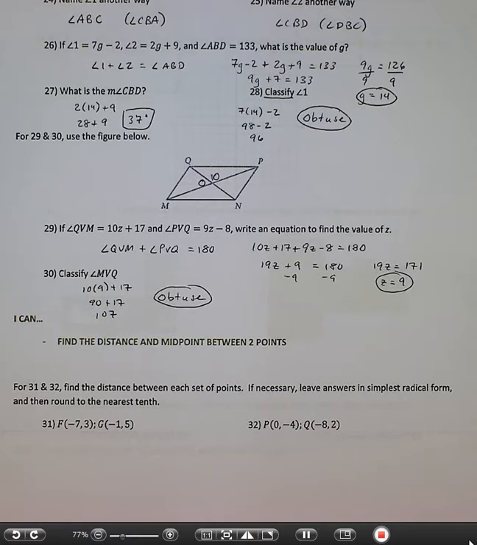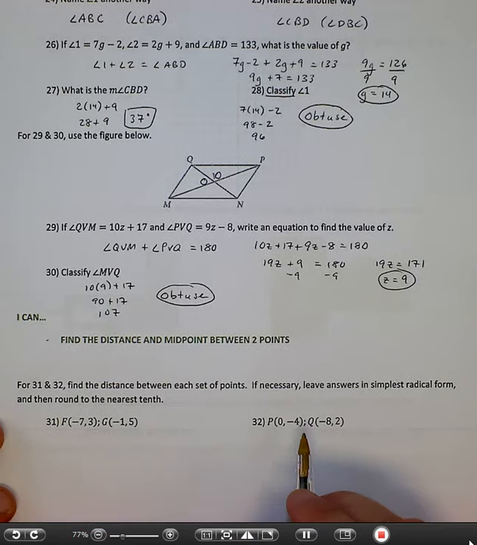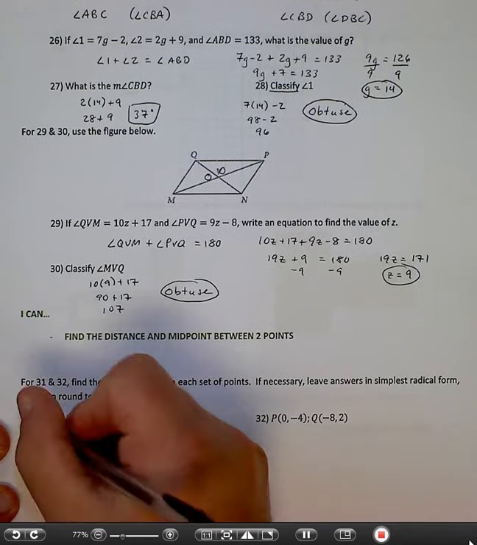Okay, for this third video, I'm going to do distance and midpoint. I'll do 31 and 32, but I'm going to do 31 using the actual formula, and I'll do 32 using the shortcut that I showed you. Okay, so the distance formula